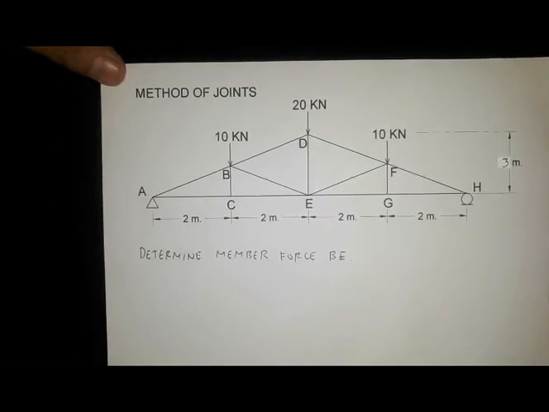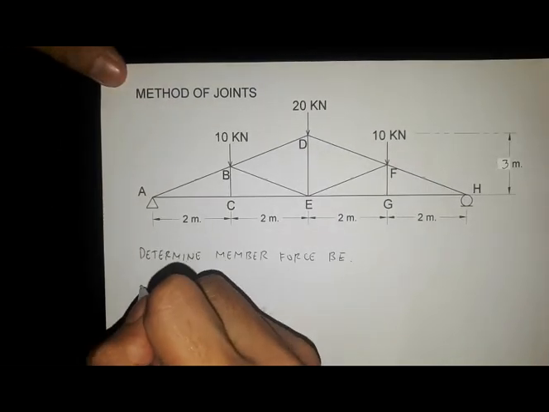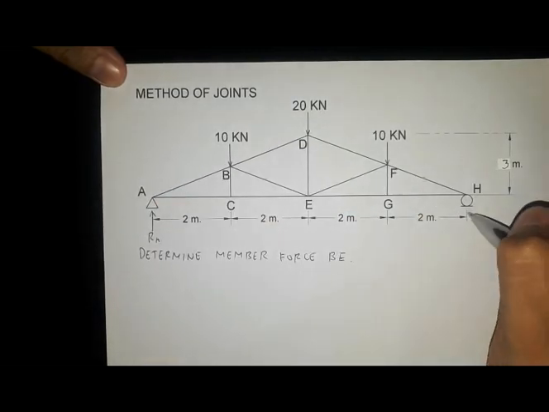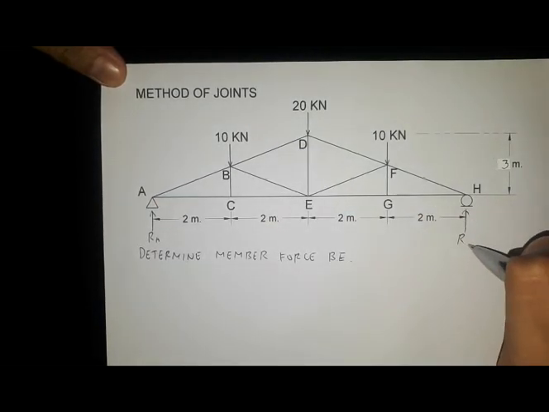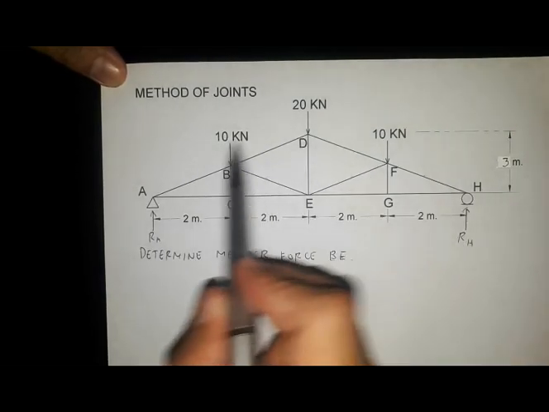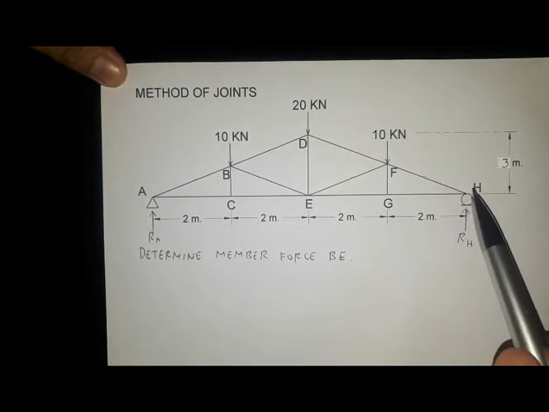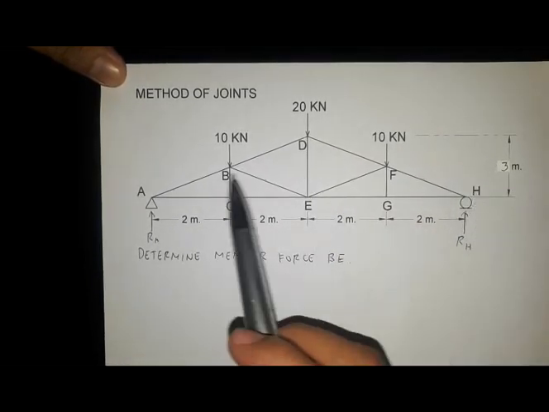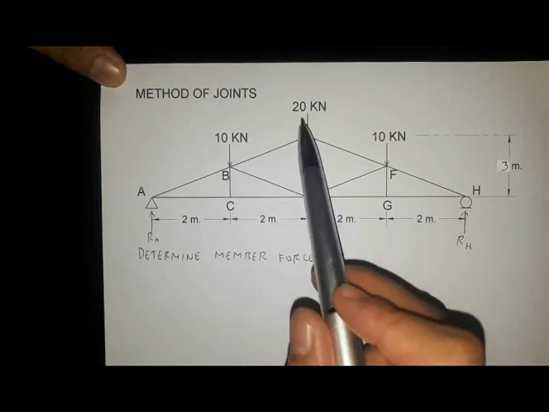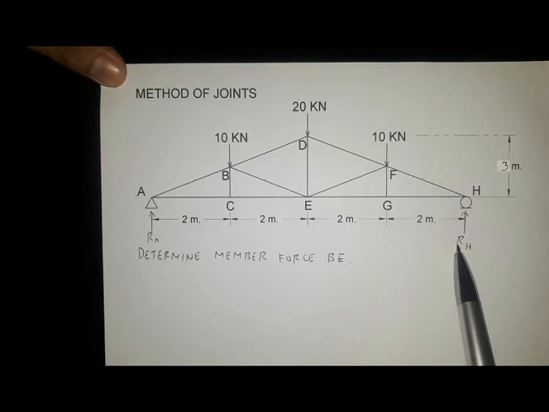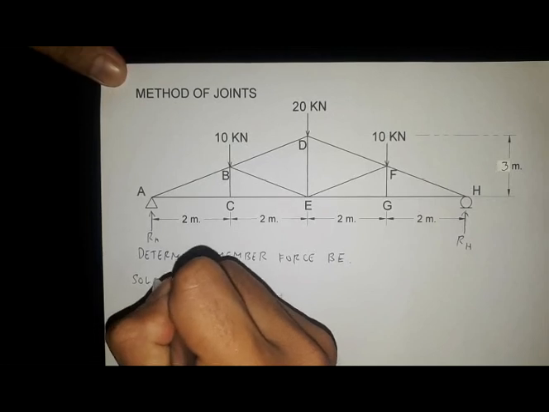So we have reaction at A and reaction at H. Notice that the truss is symmetrical with the same forces or symmetrical forces. Therefore, RA is equal to RH. So, solution,